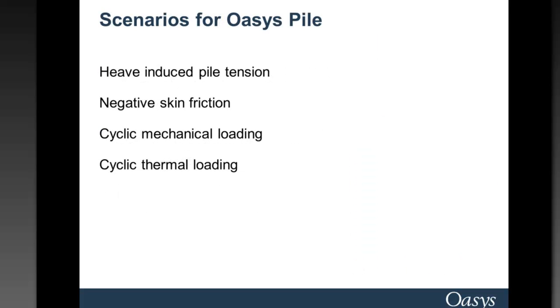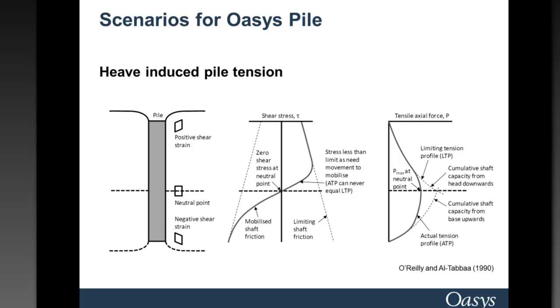So to move on to the second objective of the webinar, I'll briefly talk through some of the scenarios in which Oasys Pile can be quite useful. The first scenario to consider is heave-induced pile tension. It could possibly already be analysed using previous versions of the program. However, the new updates to the program using TZ curves and the ability to split the pile up into a number of elements and apply different TZ curves down the length of the pile just increases the accuracy of carrying out an analysis